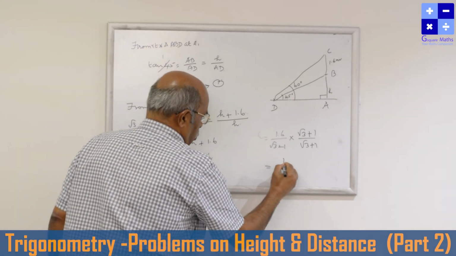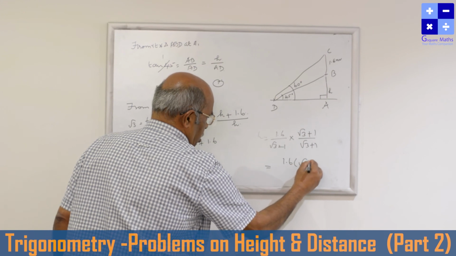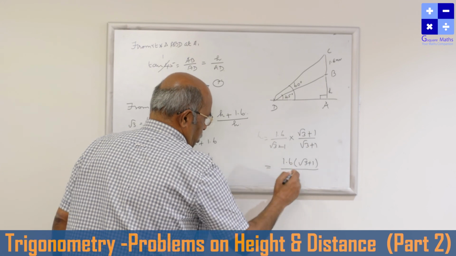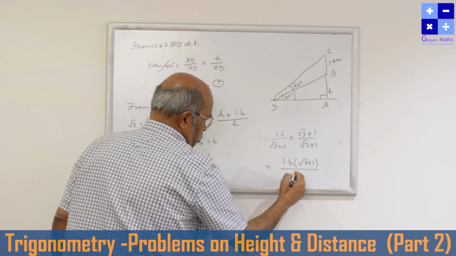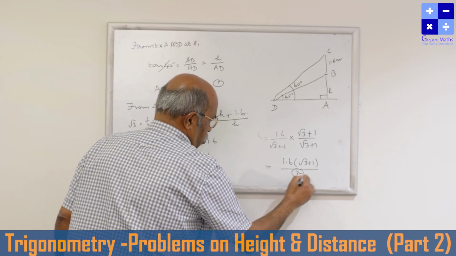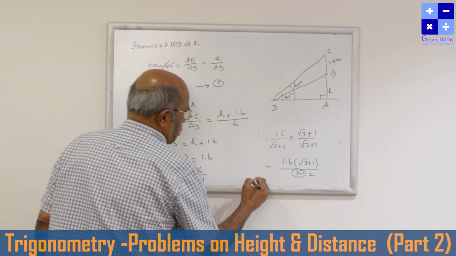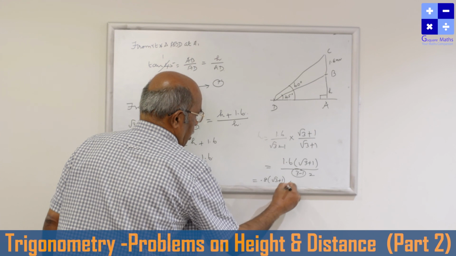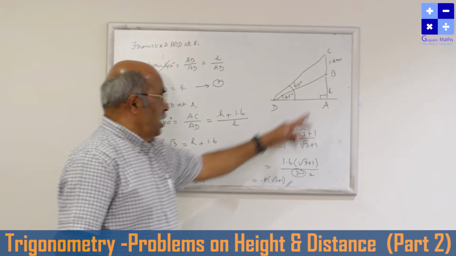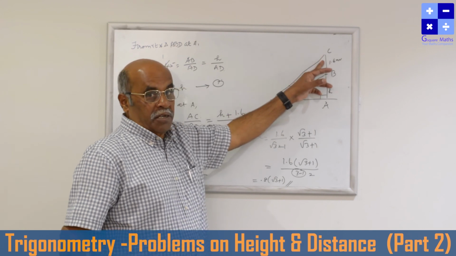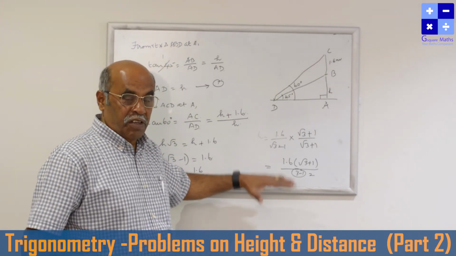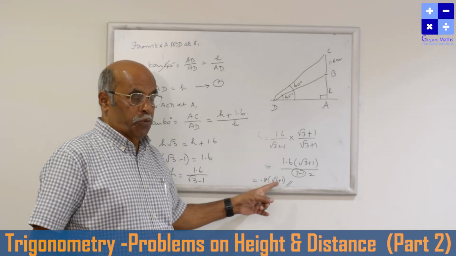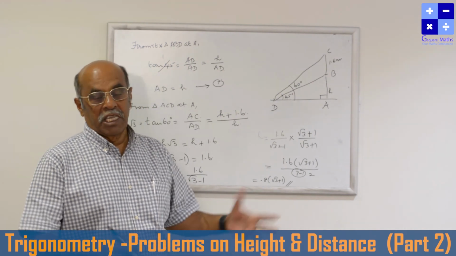So that is equal to 1.6 into root 3 plus 1, and a plus b into a minus b is equal to a square minus b square, that is root 3 whole square minus 1, that is 3 minus 1, that is 2. So that is equal to 0.8 into root 3 plus 1. So this is the final answer. This is the height of the pedestal over which the statue is standing. So you can stop the answer here itself. In the problem, if root 3 is given as 1.732, we have to substitute root 3 as 1.732, then simplify that, and that will be the answer.